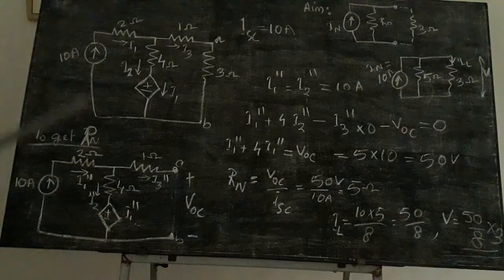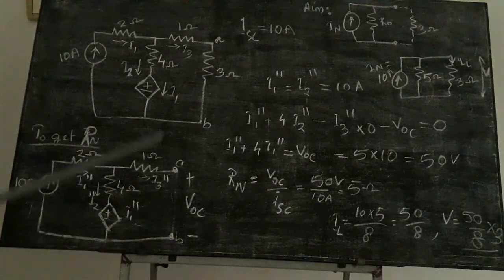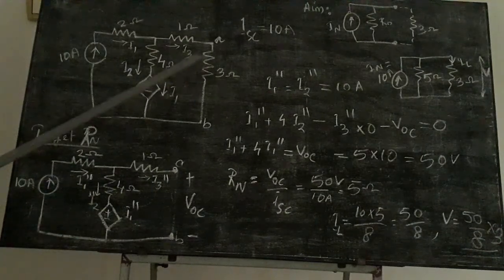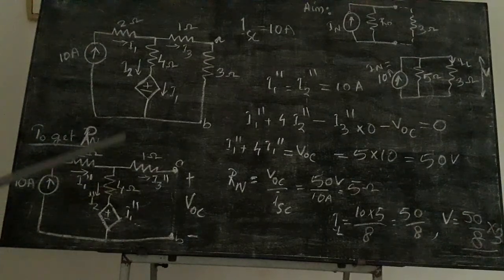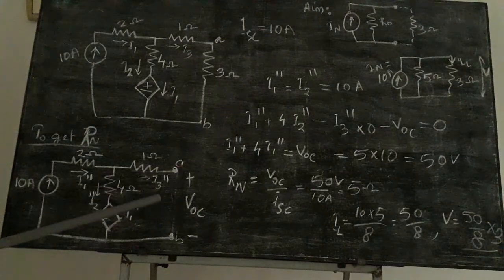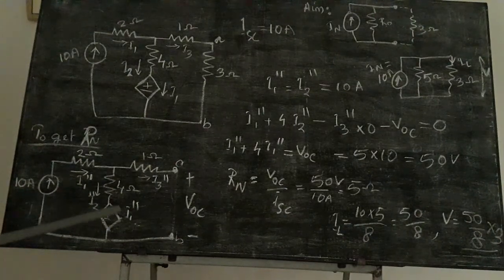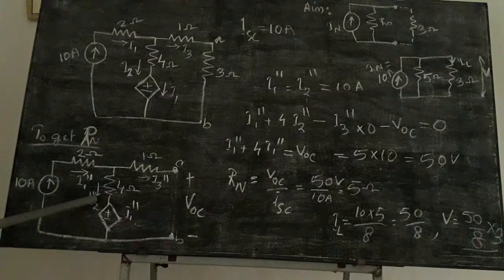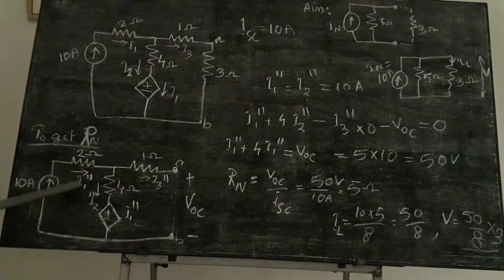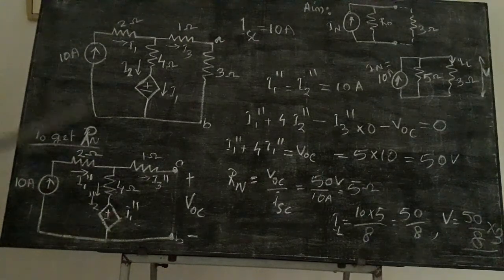ISC already calculated. So, to get VOC, what I have done is, I have removed the load 3 ohm and open circuited the terminal. In the original circuit, removed 3 ohm and opened the terminal. See the figure. Okay, now the figure changed by opening the terminal. So, the current here again changes. That is I1 changed to I1 double dash, then I3 double dash, and then I2 double dash. Since current through 2 ohm resistor is I1 double dash, the voltage dependent source value is I1 double dash volt.